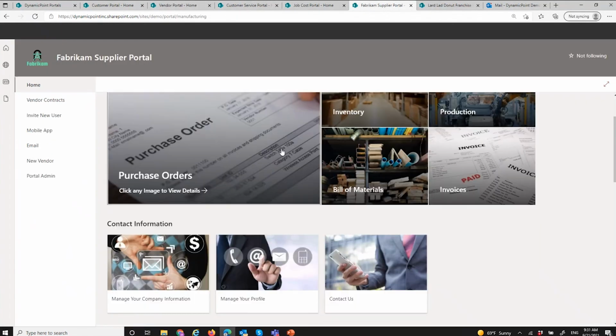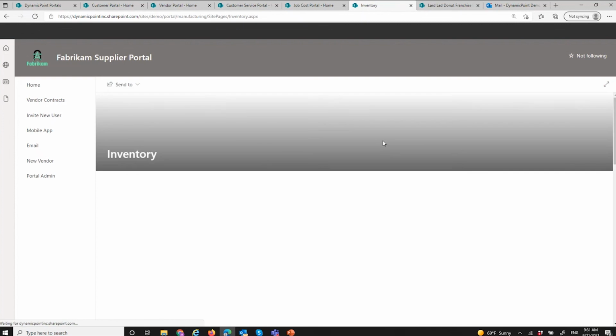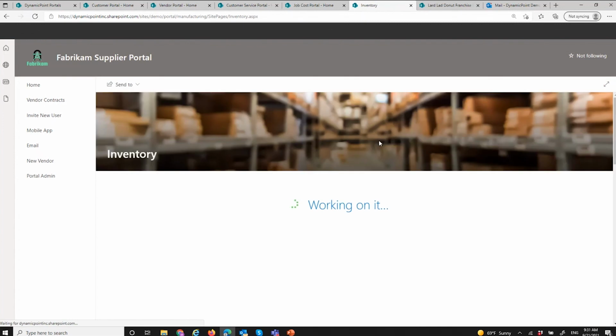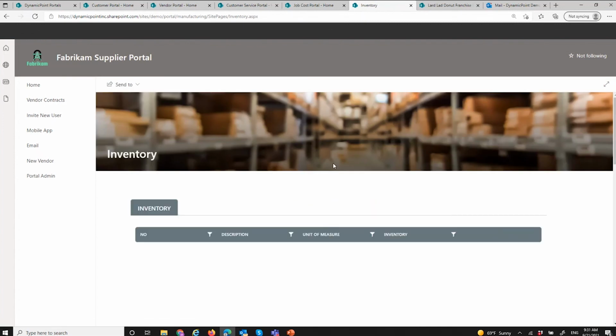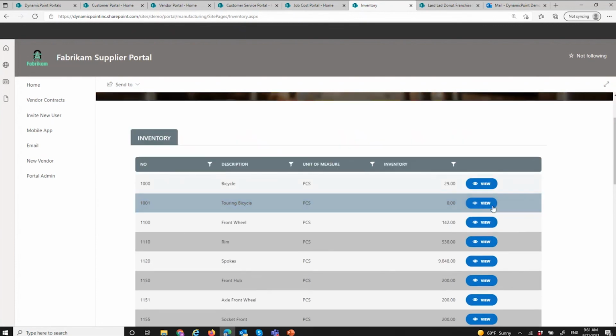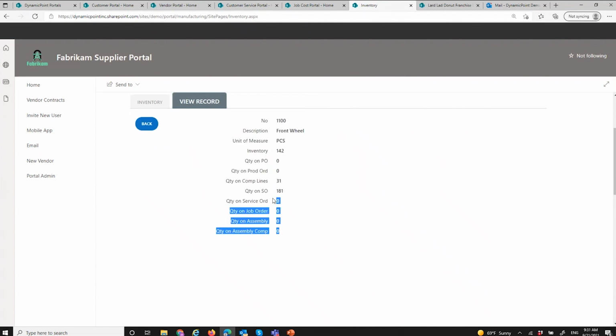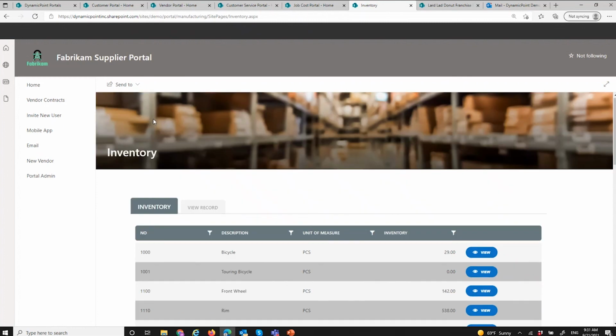Again, same look and feel. Here a little bit different information, right? Here I'm looking at production orders, inventory, things like that, bill of materials. So I'm looking at it from more of an operation production sake as opposed to just an order entry or a PO system. If I go into inventory, of course, these items are coming directly from BC. I could drill into any of these, look at the order status or whatever fields I've included from those pages that were directly published within Business Central.